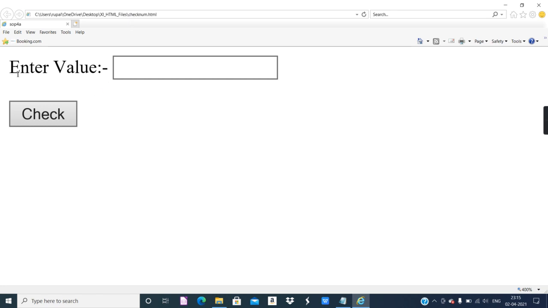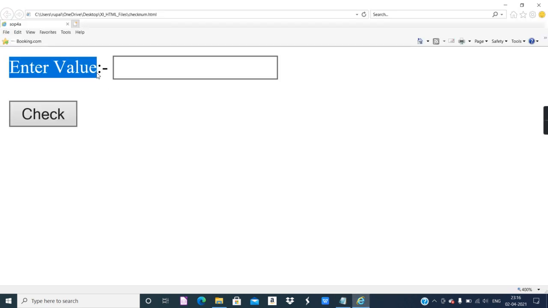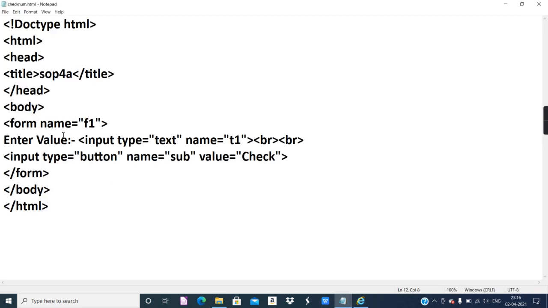You might expect the allow blocked content prompt, but this time it did not come because it is a form. The form we did using HTML. It blocks the content only for JavaScript. Until now we have not done anything regarding JavaScript. It is pure HTML. So the form is ready. Now we have to make something so that it checks whether the input given by the user is a number or not.